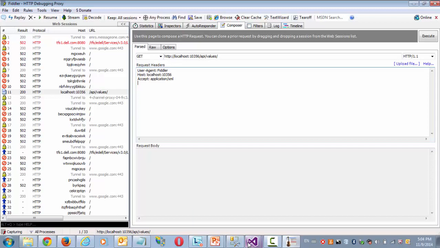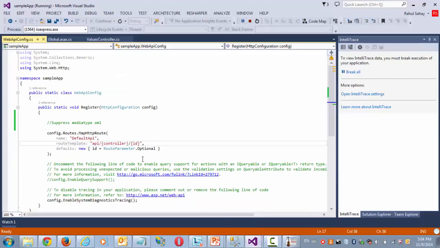In order to do that, I will go to my sample app, and here in the Web API configuration section, I will simply suppress the media type of XML.